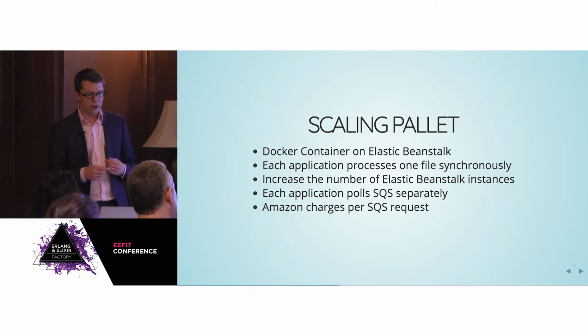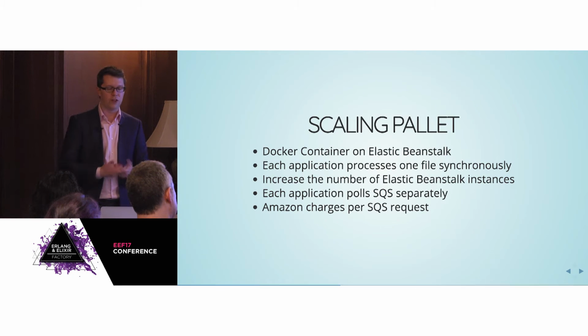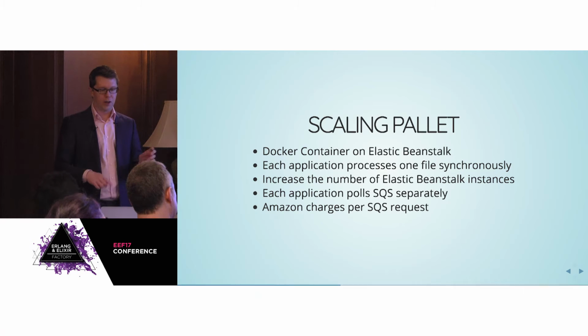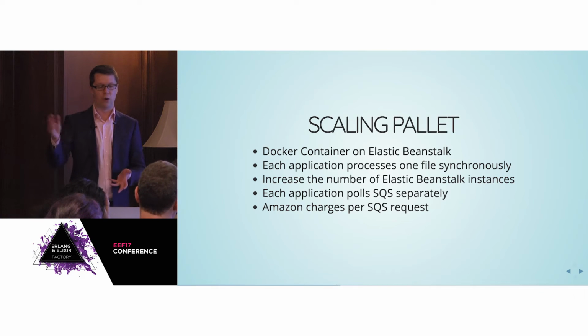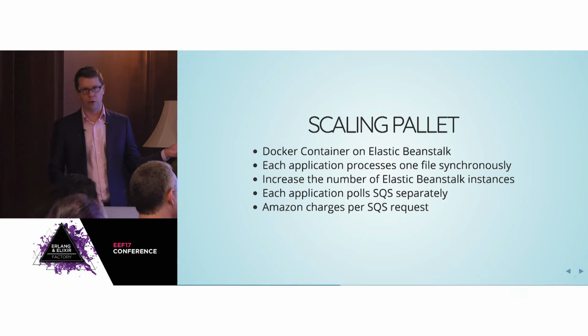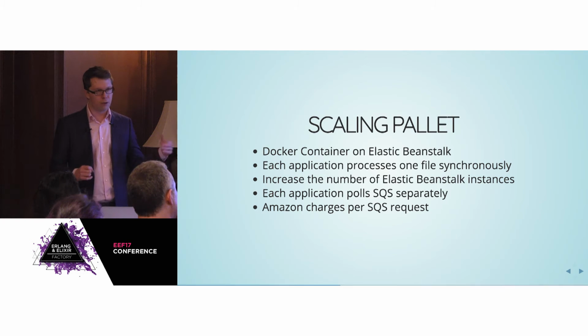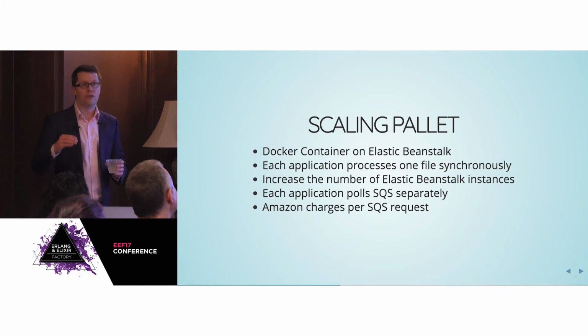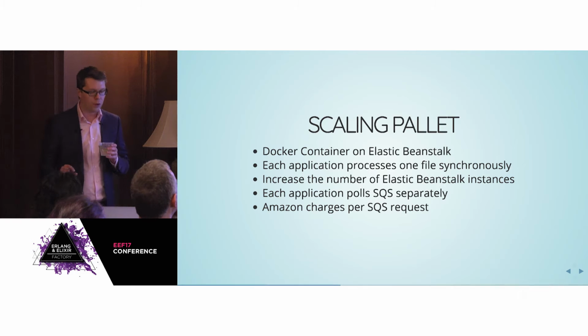And the way that we were going to scale this, it was actually scaled really nicely on my laptop because I develop everything in Docker containers, and if I want to spin up another one, I can just say Docker compose, give me 4 instances of this. And that's the same process that we would use in production. We run everything on Elastic Beanstalk, so that means that if we want more of something, we just need more instances. It's not very efficient, but it works.